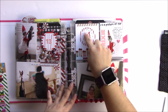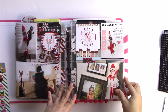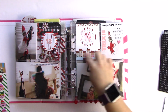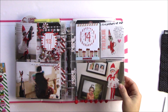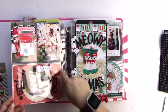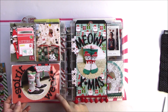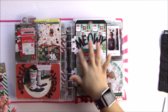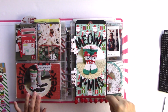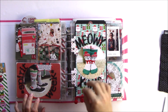I love the stitching. I didn't do it that much. I really, really plan to do it because last year I did it and I loved it and I completely forgot. And this card is from Christmas Joy. And this is from my stash of journaling cards I had that I wanted to use. I think it's from Studio Calico, an old one. And I love using, this is a die from Lawn Fawn. Also going to be linked below. I love it. It's my absolute favorite die ever to